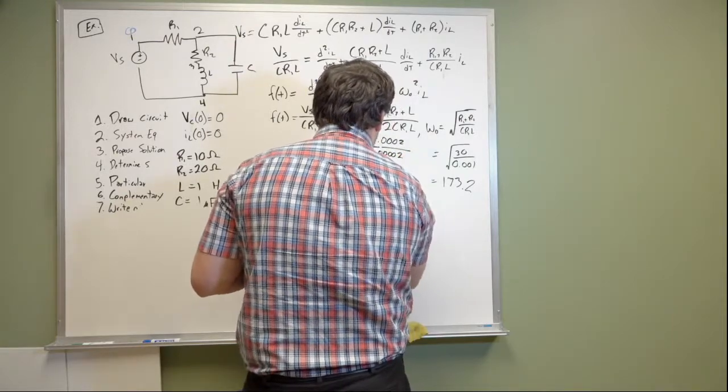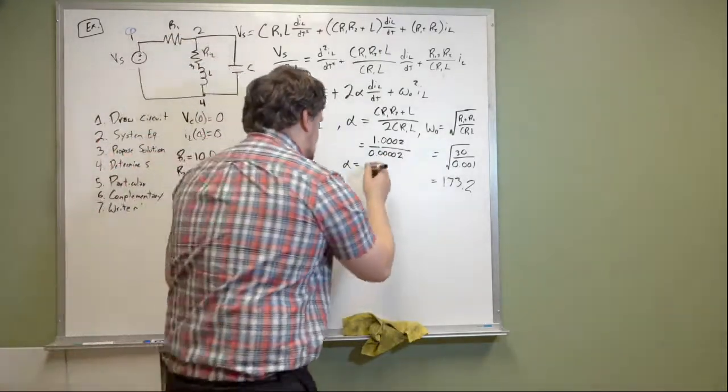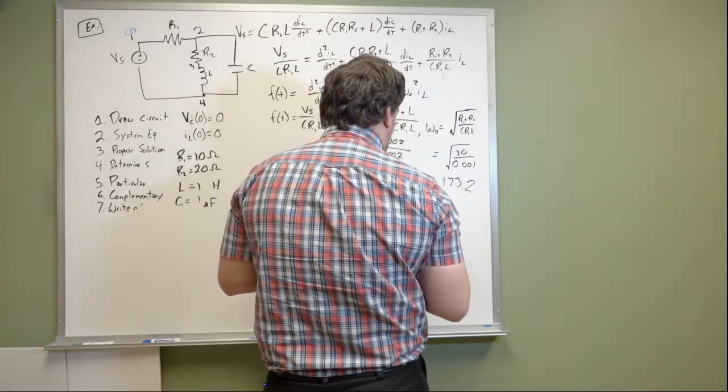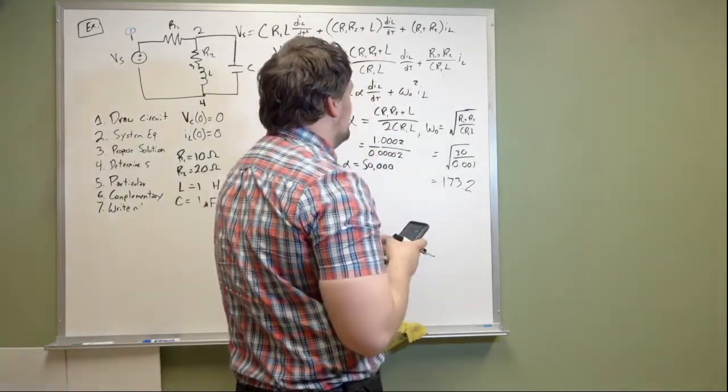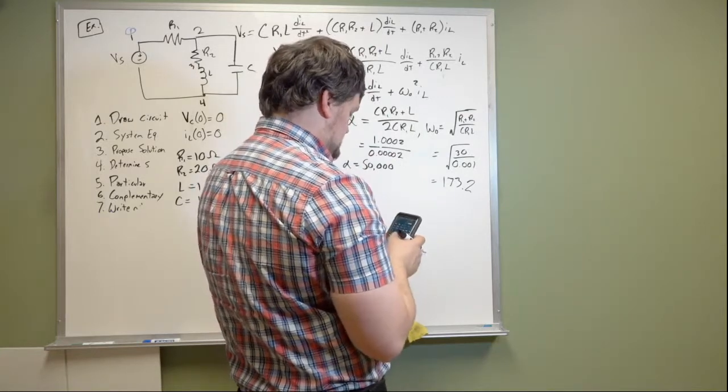So what we end up with here is 50,000, and our omega naught value ends up being 30 divided by